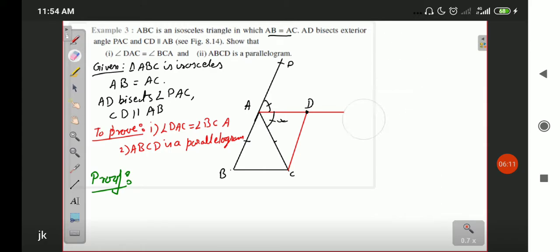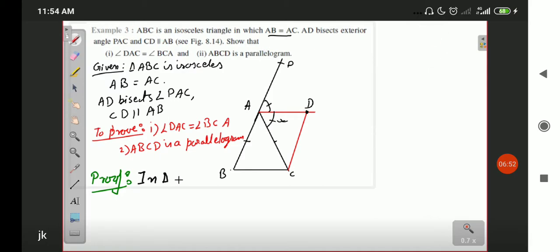In this, we will also use a property that was used in the previous chapter, triangles, that was the exterior angle property. Let me remind you that for a triangle, the value of exterior angle x is equal to the sum of the opposite interior angles. x is equal to y plus z. The value of the exterior angle for a triangle is equal to the sum of the two opposite interior angles. So we are going to use the exterior angle property for this triangle.